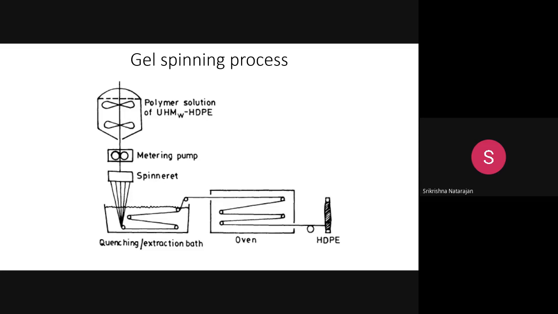And this is the quenching bath. Here we are doing a non-solvent type of quenching. We can use water also, and after that it goes to an oven for drying, and your HDPE filaments are ready. After this, if you do the drawing, it will lead to good orientation. You will get better drawability, and because of the better drawability, you are going to get good strength. That is why polyethylene fibers are used in many technical applications where higher strength is expected.